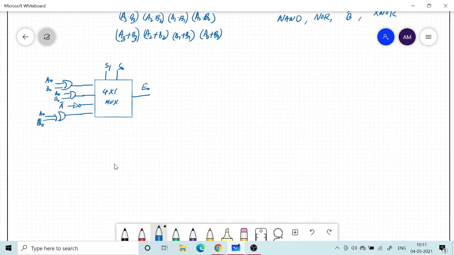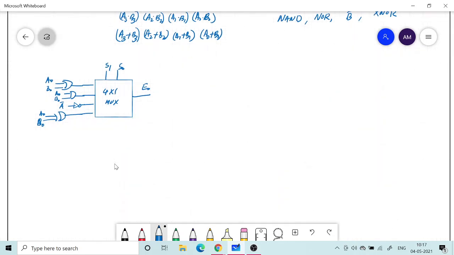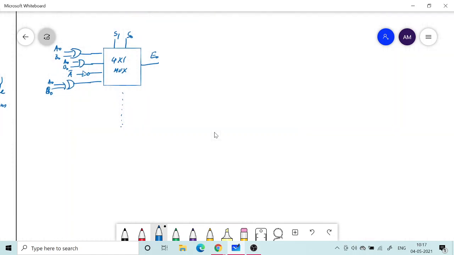Similarly we need to repeat this for the other bits also. I will just show it with the dotted lines. So the same thing you repeat for A1, B1 with the same gates, and the last case is basically what I am drawing. Here also you will have S0, S1, and this is my E3.